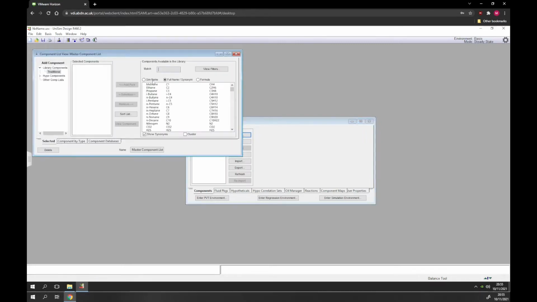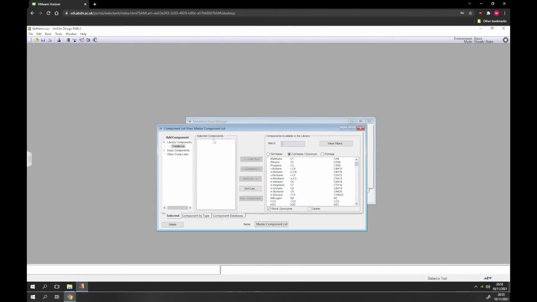If I hit view, what you'll notice is that in the selected components column, there's nothing here. So we have nothing. In the traditional library components, I've not actually picked anything. What you would put here is all of the pure compounds that you can identify. So for example, if we were going to work on CO2, say we had a gas coming out of the ground and it had methane, ethane, propane, and isobutane and so on,